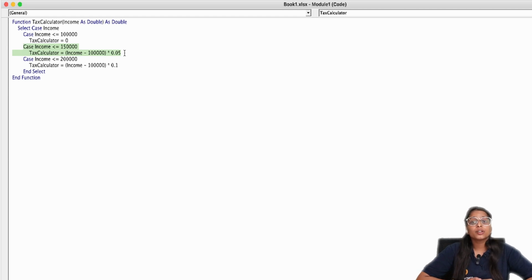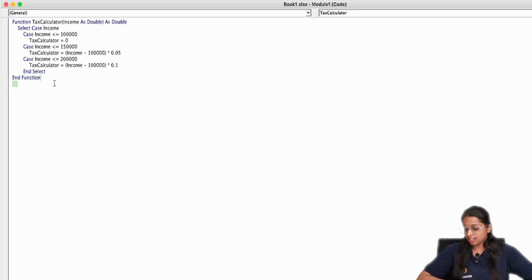Tax is calculated at 5% on the amount exceeding the value. Same in the case of this. In this case, the tax amount is 10%. Now, end select. It marks the end of the select case block. And end function marks the end of the tax calculator function.